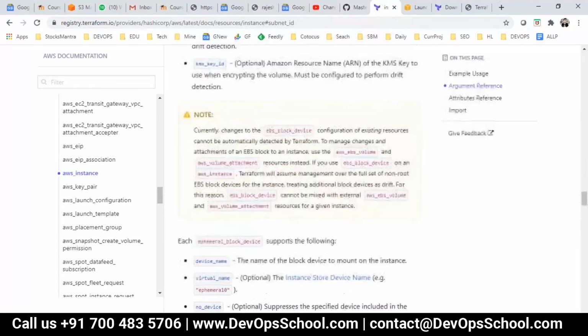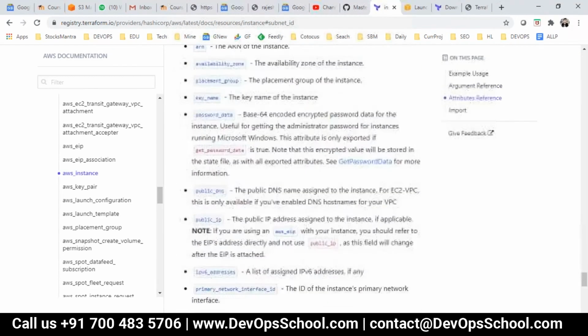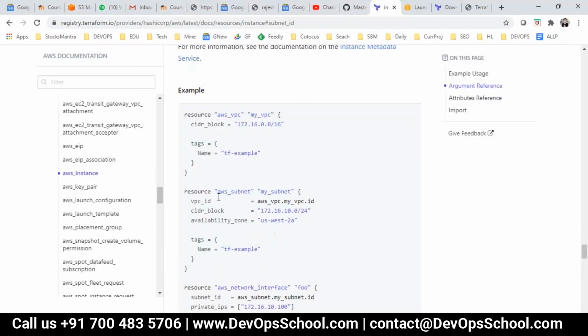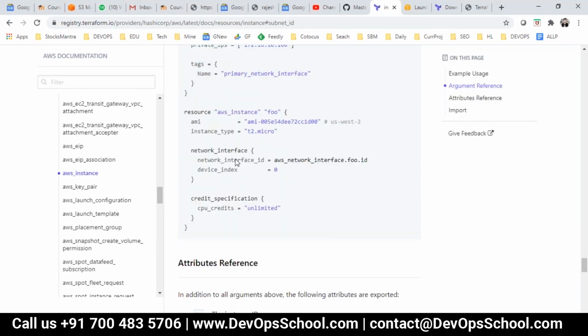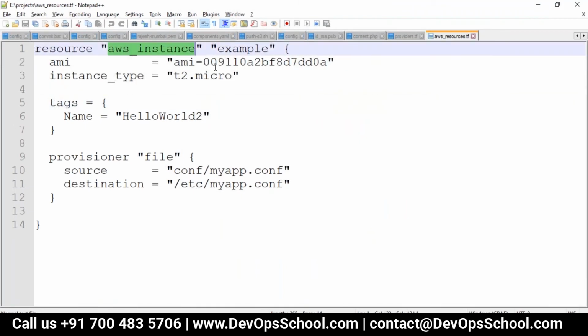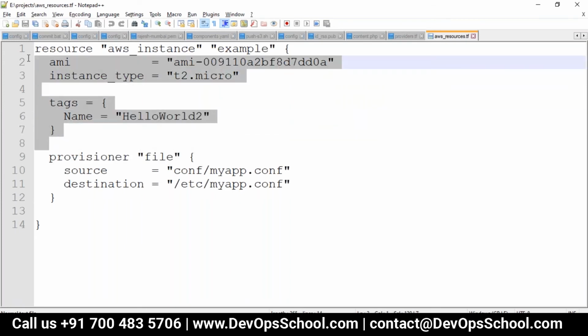Okay. If you go down to the bottom section, see here, some examples are here. Some examples are here. Okay. So like this you have to learn. So now I wanted to create an EC2 instance named with example, AMI ID, instance type, and tag with this one.